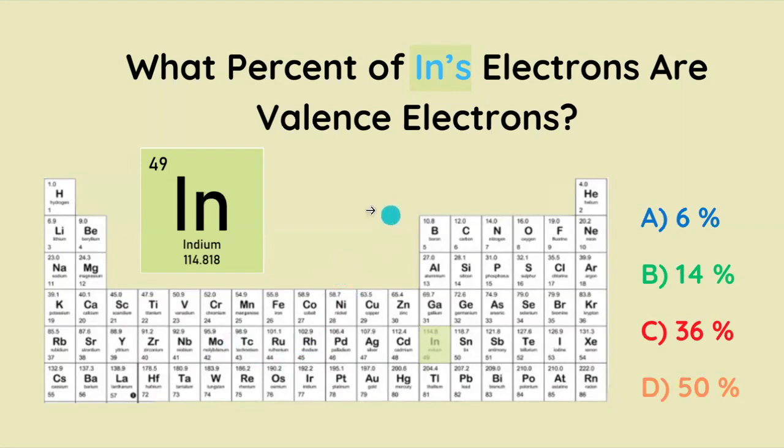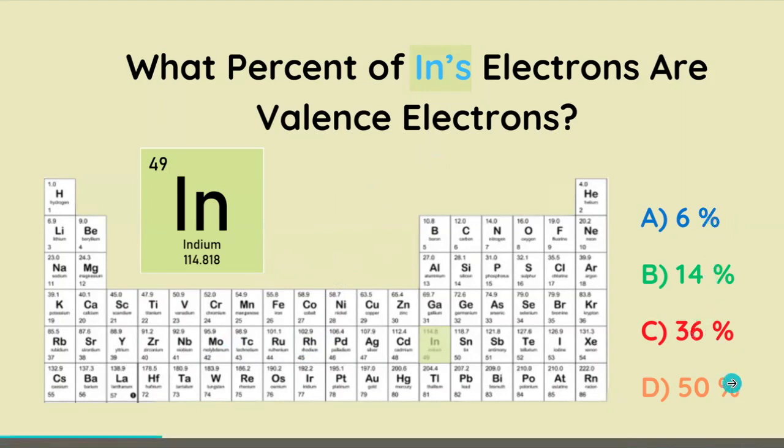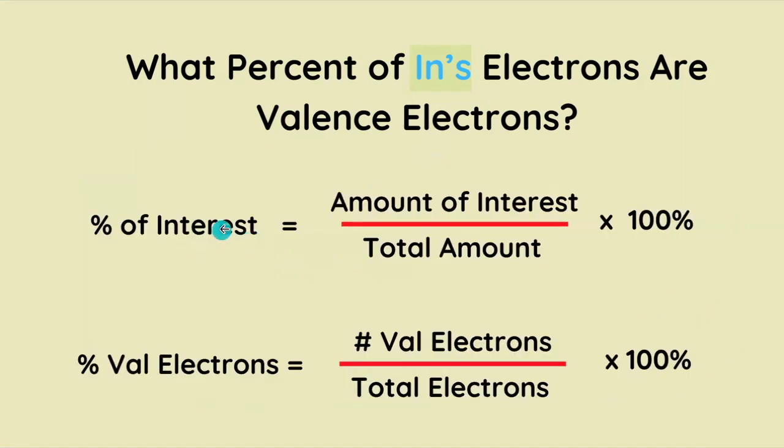Valence electrons comprise what percent of indium's total electrons? 6%, 14%, 36%, or half? Let's make sure we're clear on the definition of percent as an equation so we can adapt it for this